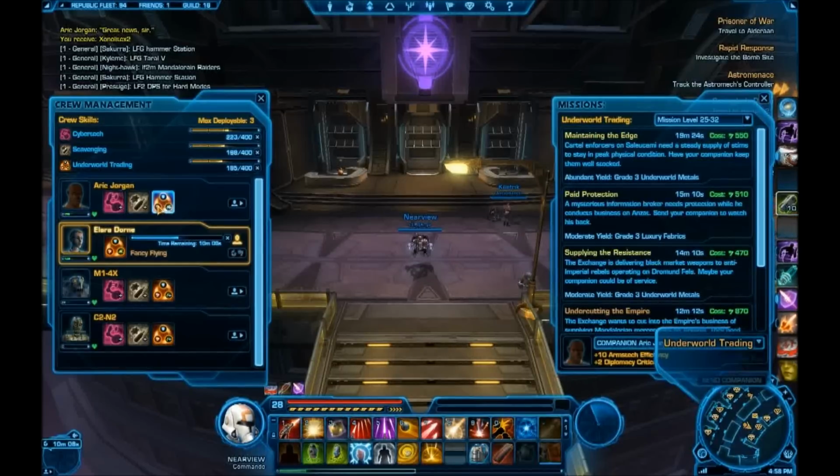And for your other one, for your mission thing, you can do the same thing. You can select that, and you can see your stuff right here, and you can send them off to do those missions. Now, the